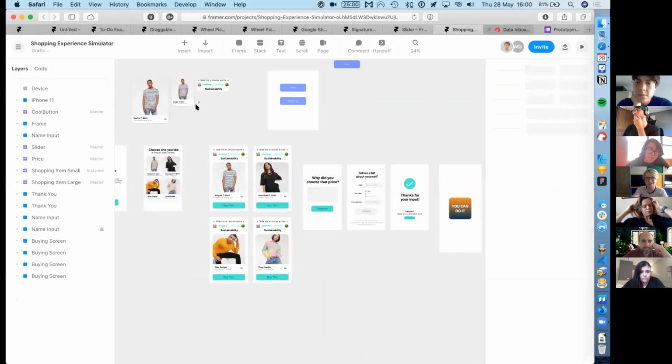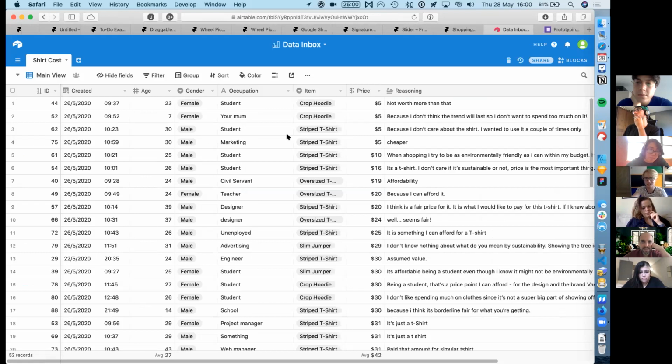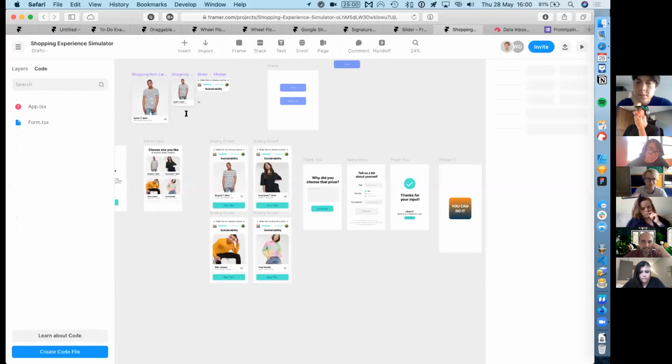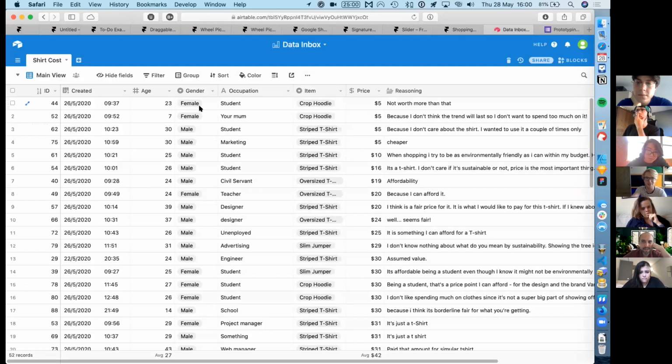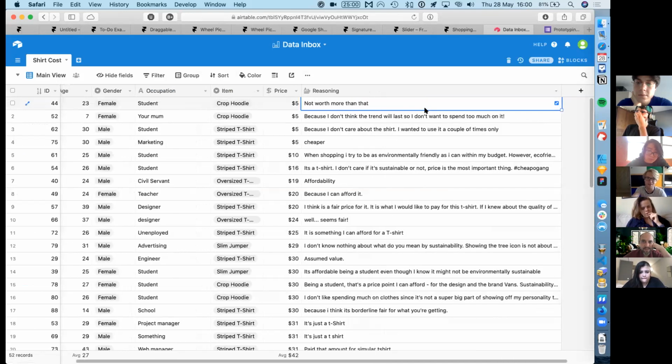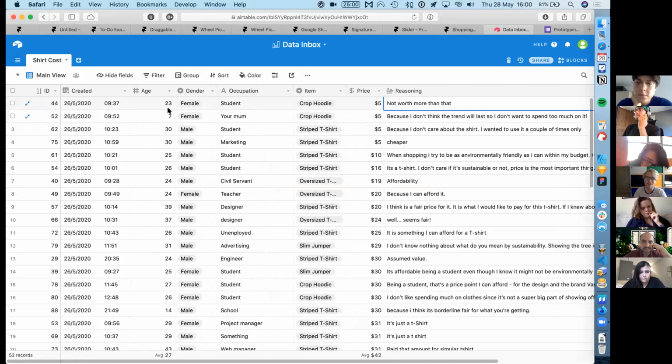I started with this table here, and I'll jump into the code for this for a second. There you go. So I had this table and it was empty. It just had the columns like age, gender, occupation, item, price, reasoning. Those are the things that I wanted to collect from people. What I then did is I just went to